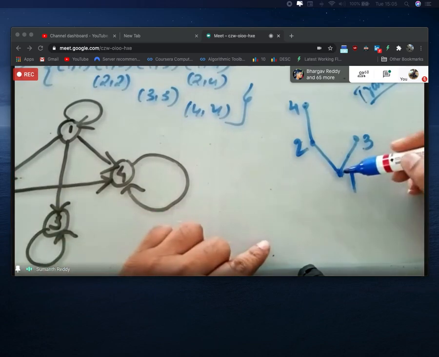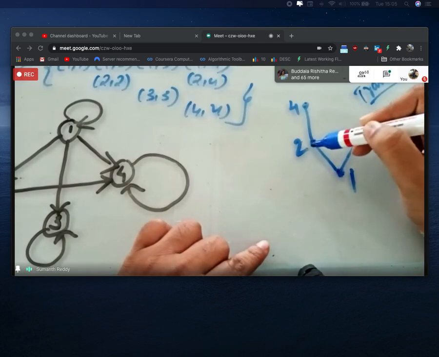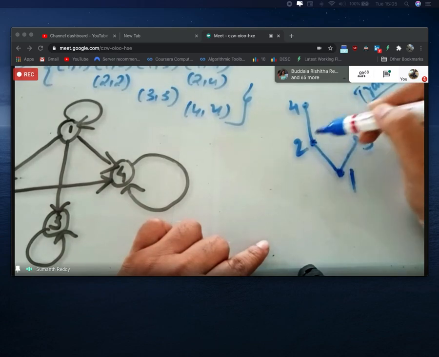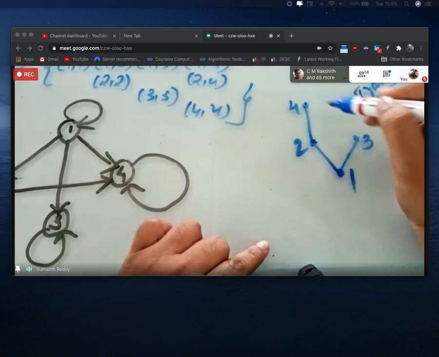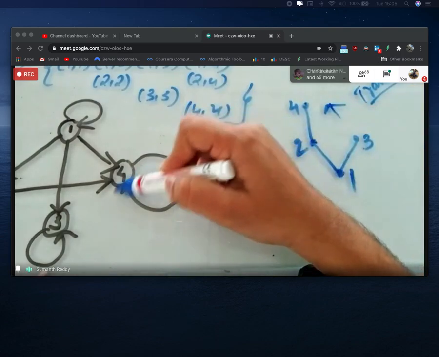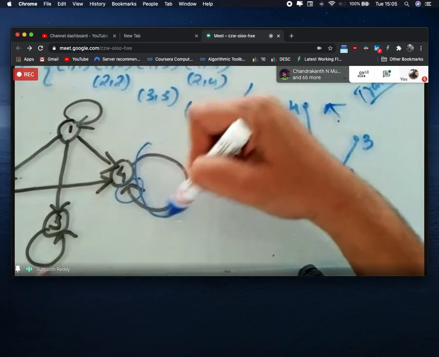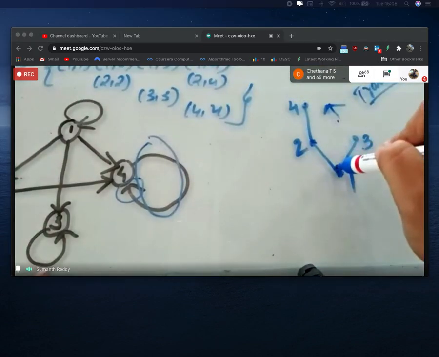If I write 1 here and if I write 2 here, it is understood that 1 is related to 2, not 2 is related to 1. Correct, right? Since 2 is above the 1, always 1 will be related to 2 and 2 will be related to 4. What is the advantage of this? I need not write any arrow. In case of the digraph, I need to write the arrow in order to represent the relation. That has been avoided. In case of the digraph, I need to write the loops. So that has been avoided here, right?